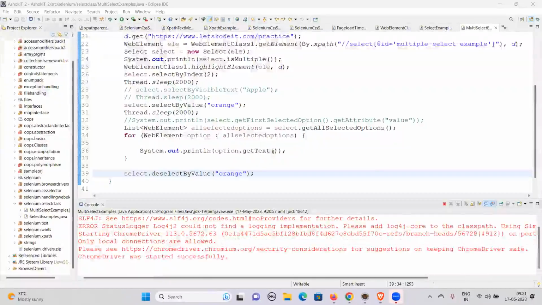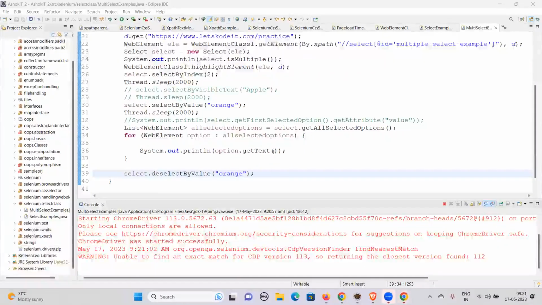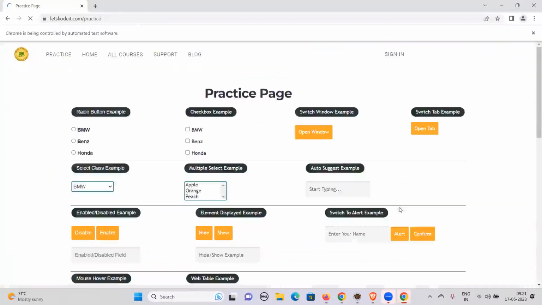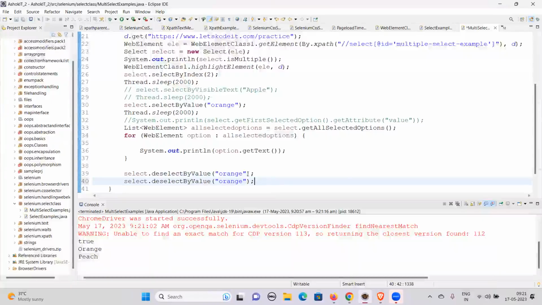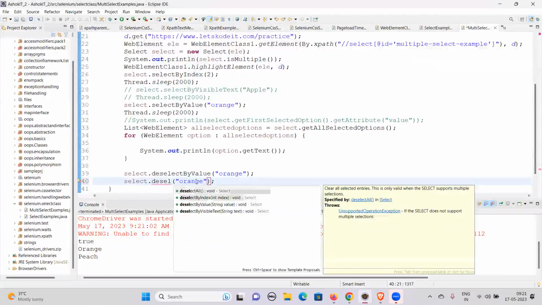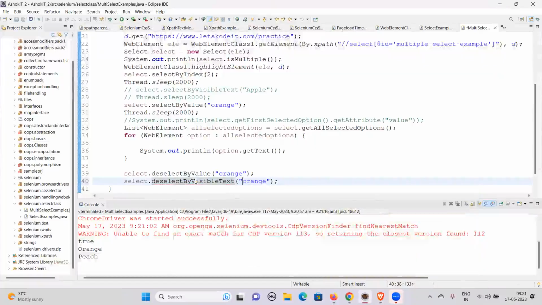First, it will select two options, peach and orange. Here, orange, peach. Then after it will deselect the orange. See, it is deselecting. Okay, so next we'll try deselection, which is like whatever you have selected, that we are deselecting. Okay, here I'm going to take